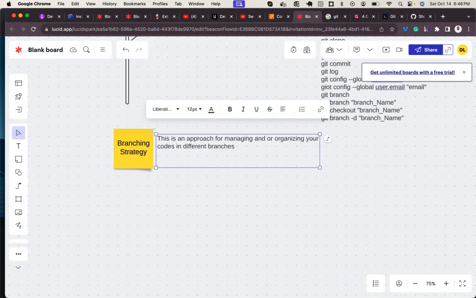Now, the different branching strategies are: one, the trunk-based branching strategy.